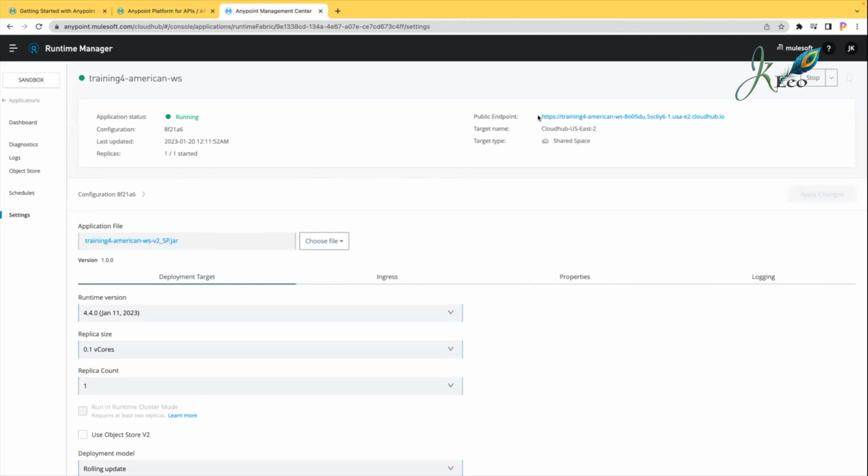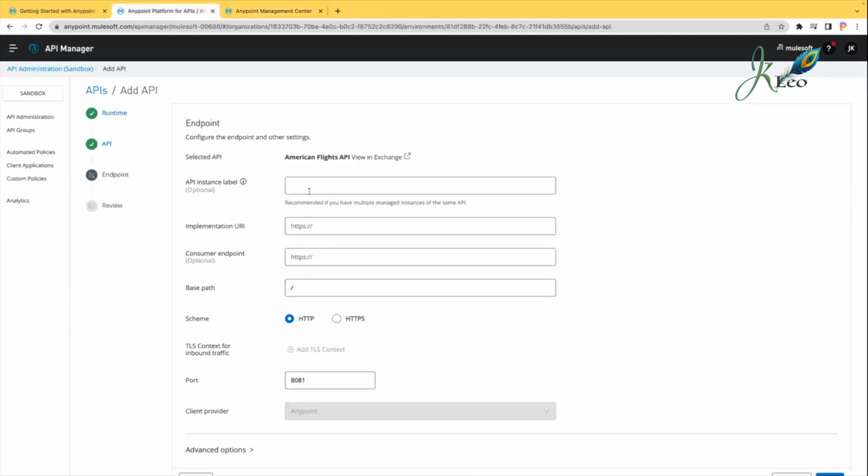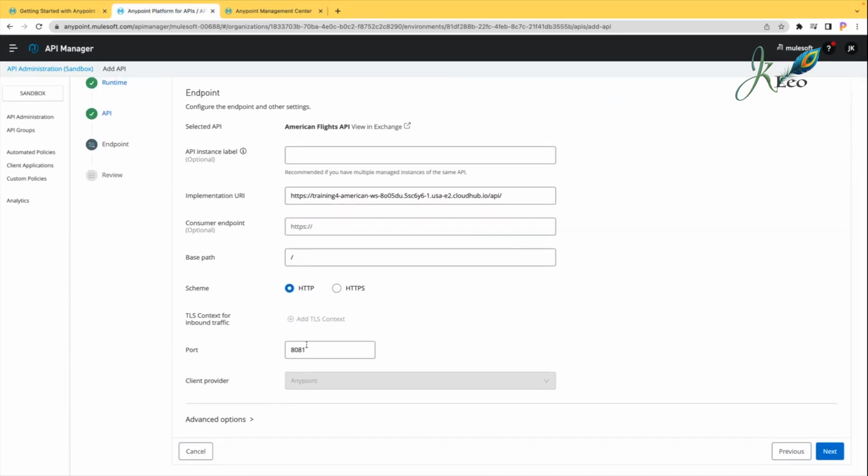So here we have this endpoint, right? Copy this endpoint, just a second. Endpoint. Yeah. Okay, and paste it here. Here, implementation URI. Make sure there are no spaces before and after. Slash, and if you remember our API call was like slash API, right? Slash API slash flights and all. So slash API. And then go down and port is right